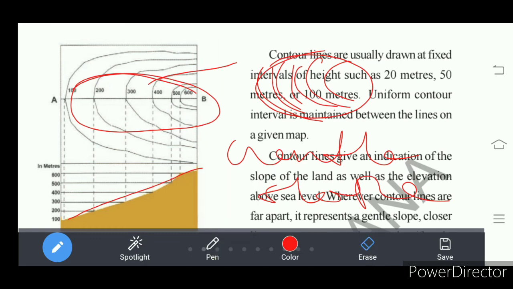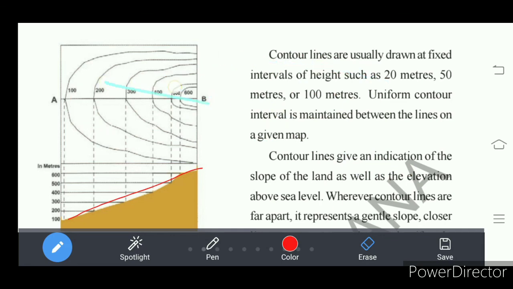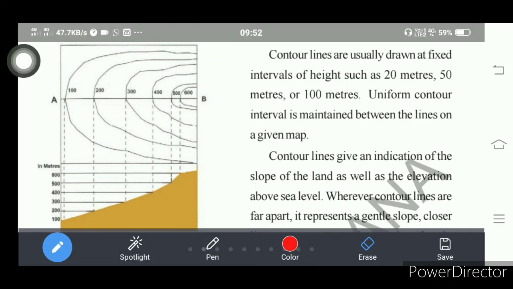Understand? So in this way, contour lines are used to show the places which are at equal height. Understand? So contour lines will indicate two things. They indicate the slope of the land and the elevation from the sea level. Elevation from the sea level, it is